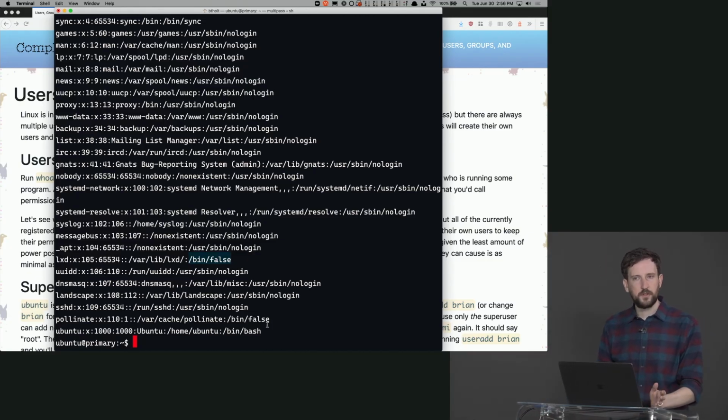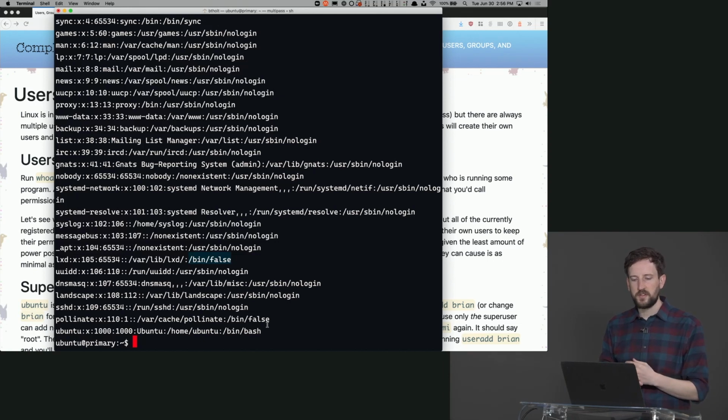So why do we have all these users? Why don't we just run everything as root and call it good? Well, if that question doesn't make you a little uncomfortable, it's because you don't necessarily understand yet what I'm getting at, but hopefully soon you will. This is kind of the principle of least power. I've talked about this before in some of my other workshops, in particular the containers one. You want each user to have the least amount of power possible.